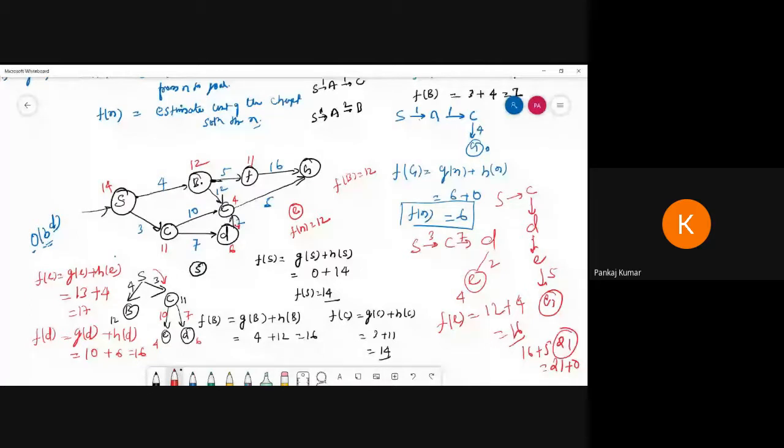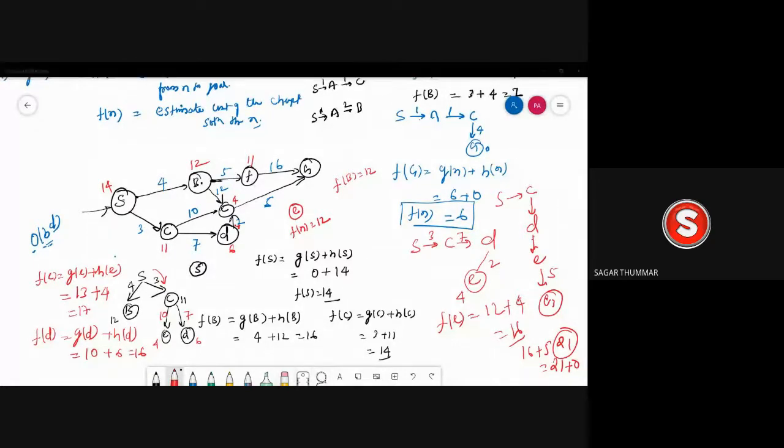Sagar? Yes, sir. Actually, I added the heuristic value also of each node. That's why. नो, बेसिकली यहीं पे हमारी गलती होती है कि हम लोग ह्यूरिस्टिक वैल्यू को भी काउंट कर देते हैं. ओके, तो हमारे पाथ का एक्चुअल कॉस्ट आया 21. ये हमारा ऑप्टिमल है और कंप्लीट, इससे कम नहीं आ सकता. ये सबसे छोटा पाथ है.